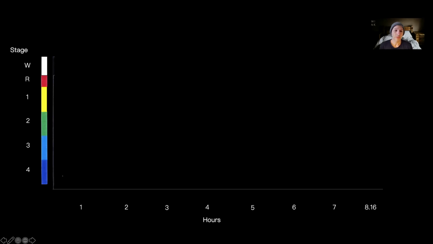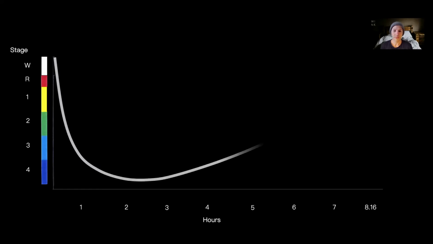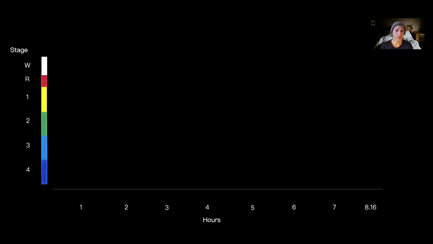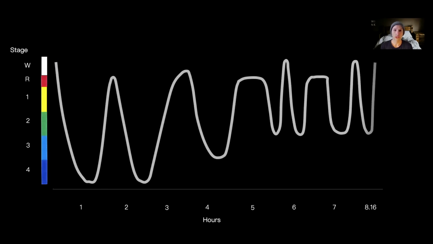And when we ask people in the community to draw a line from the beginning of the night towards the end of the night, some sort of curve that represents what they think happens with sleep, we usually find something like this. So they believe that they go into a deep sleep early in the night and then gradually wake up towards the end of the night. But in actual fact, sleep looks a bit more like this, like a roller coaster, going from light to deep to light sleep and continuing this on through the night.